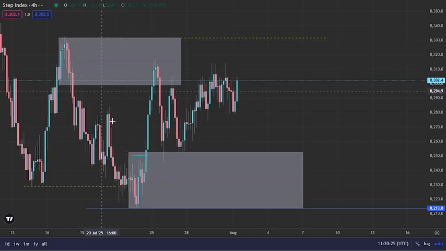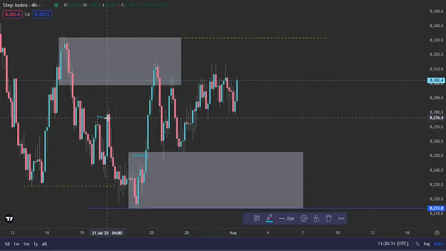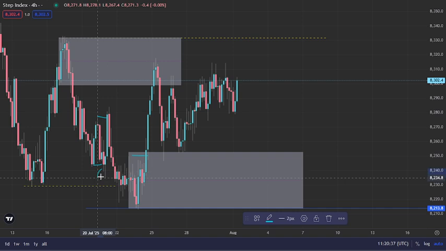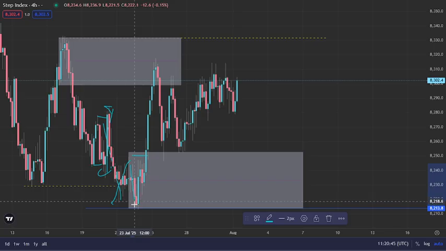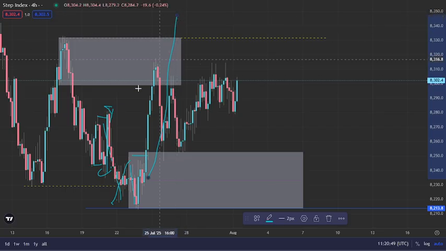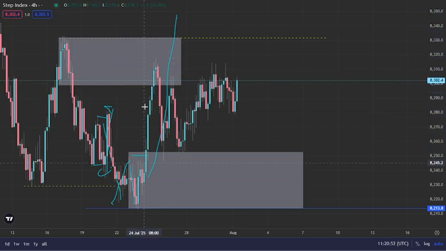So now here we can see this is the pullback that is visible. Price pulled back, price broke this low. You can see price pulled back to break the high, price continued to break the low before you get this fractal and this low. It is visible. This is a visible pullback, but we can't